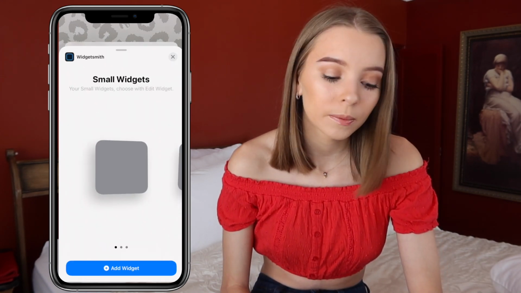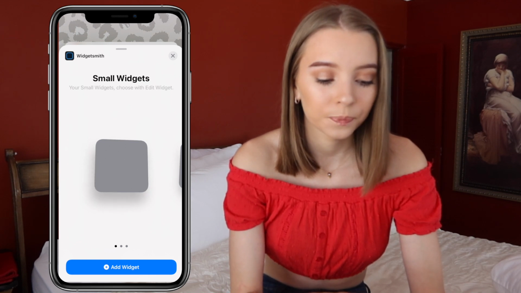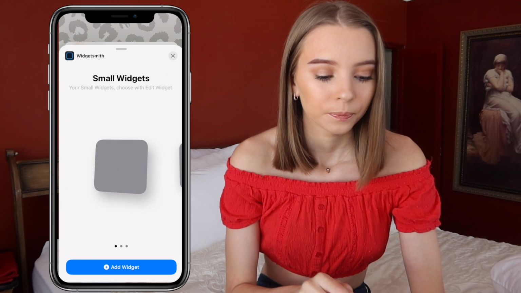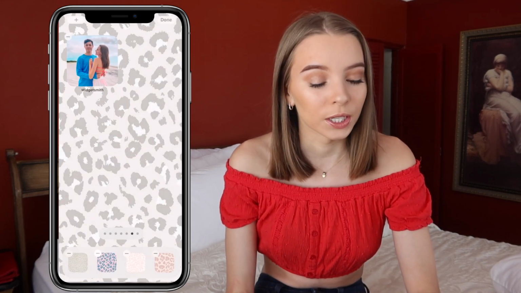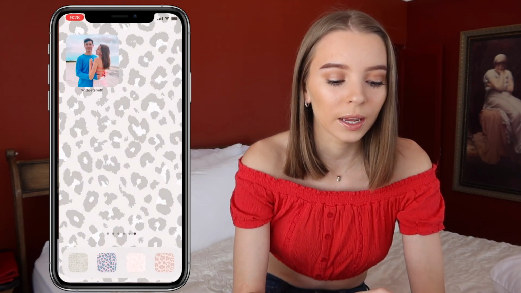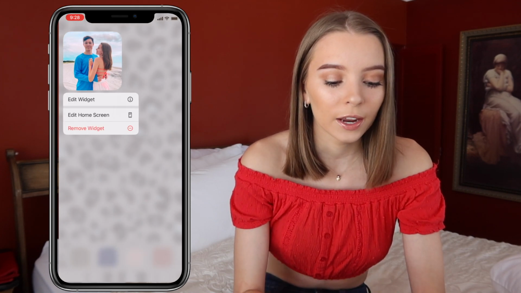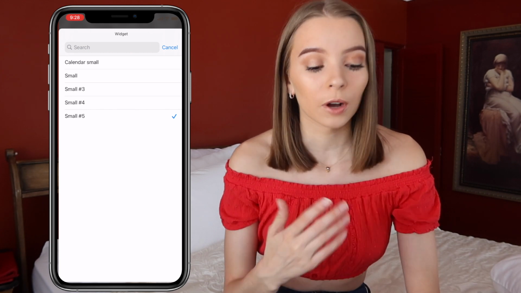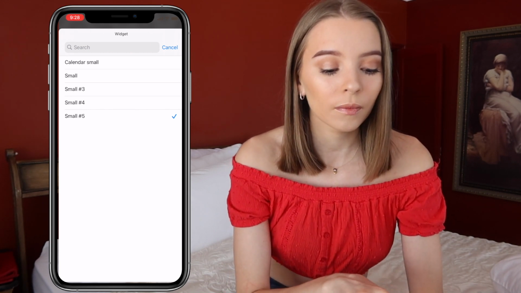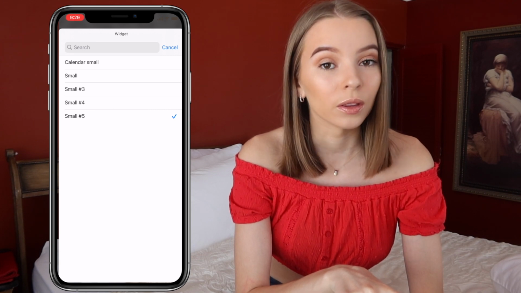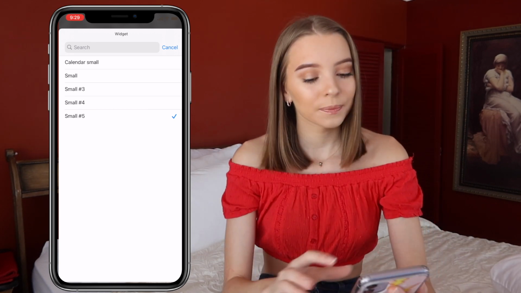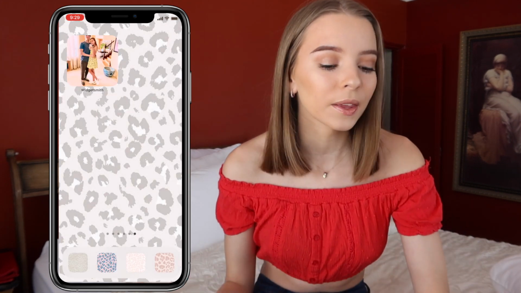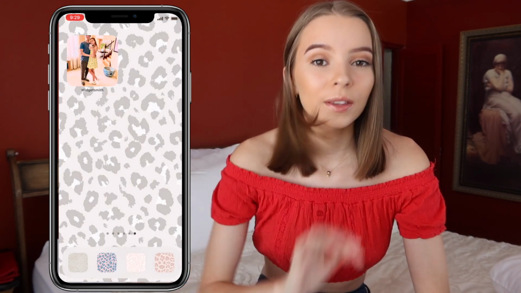So I go to Widgetsmith and you can choose the size. So I chose small, and there is my Widgetsmith. So you can also press the widget and put edit widget, and you can select a widget from all of that you have. So as you can see, mine is on small number 5, and that's what we want. So yeah, okay, now that you know how to put Widgetsmith,